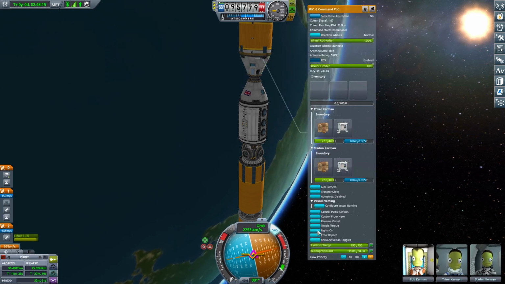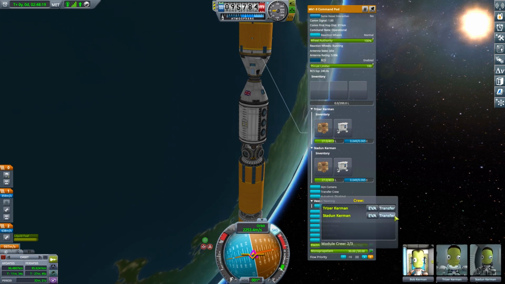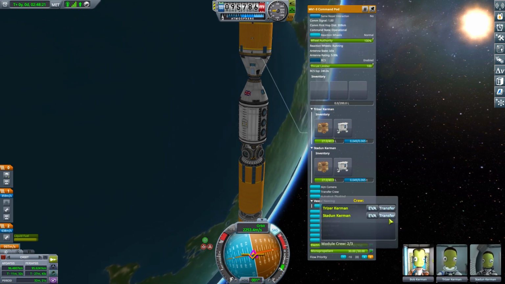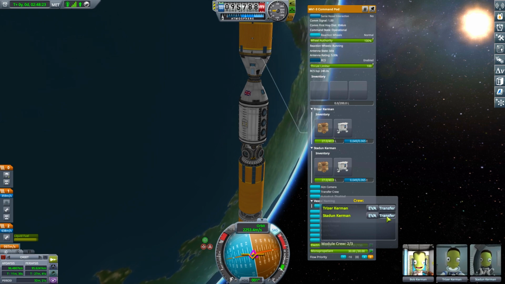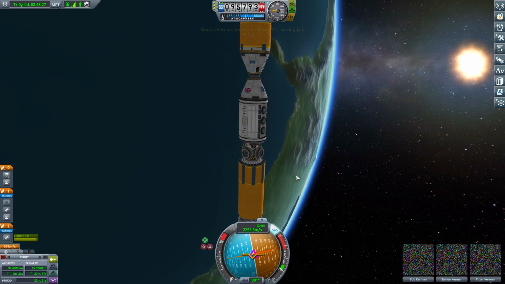So let's have a look. What crew we got? Where are we? Transfer crew. I would like to transfer you. Actually, you can steer there. You, Stad, and you can transfer into there. That's good. Right, now, let's get some...